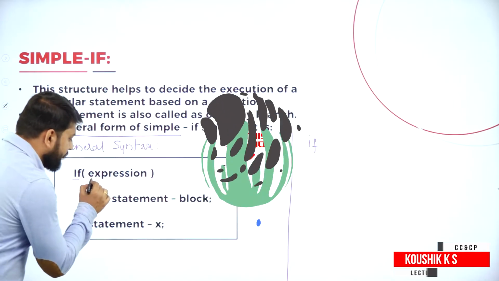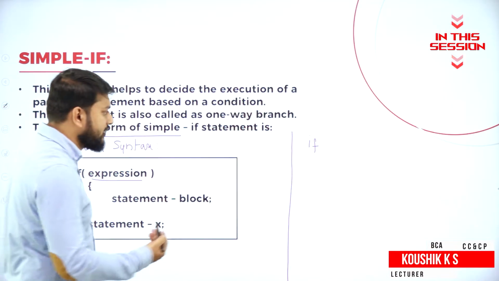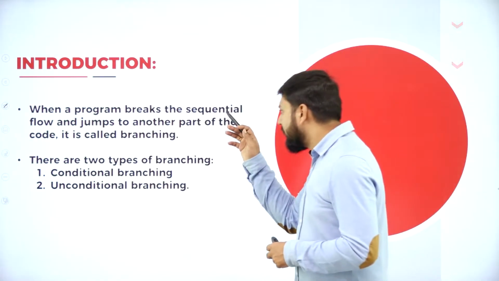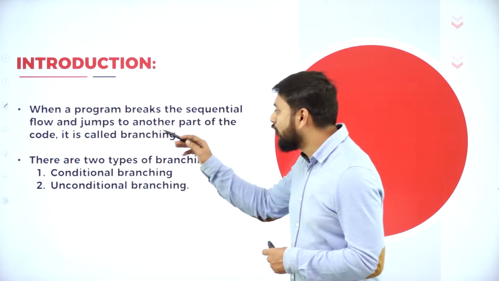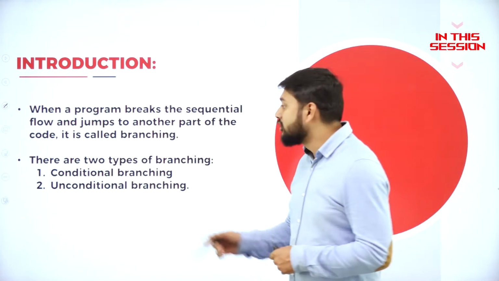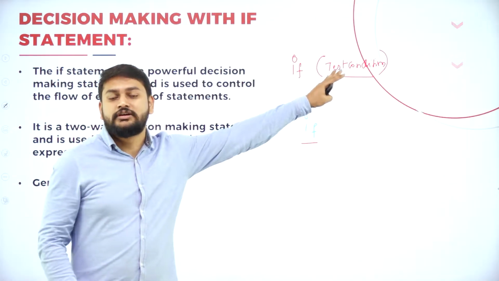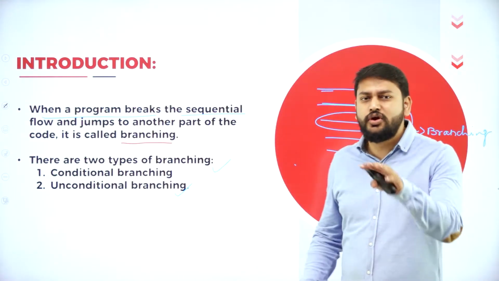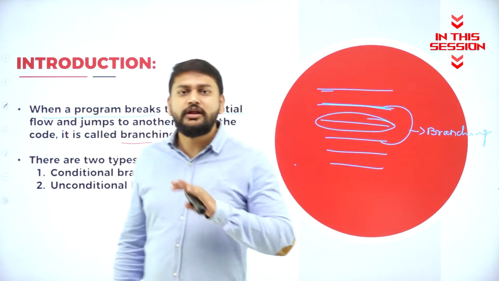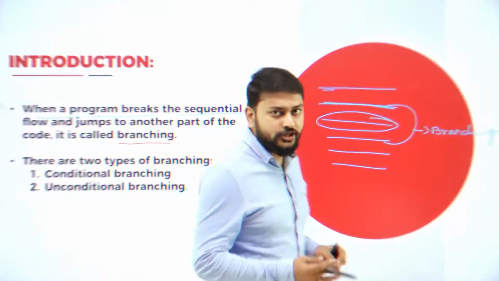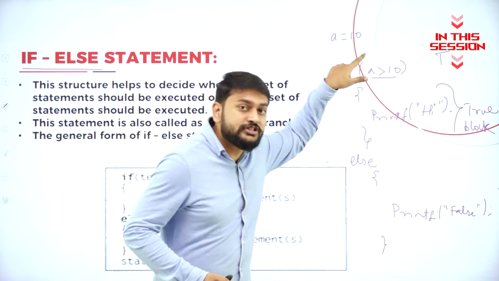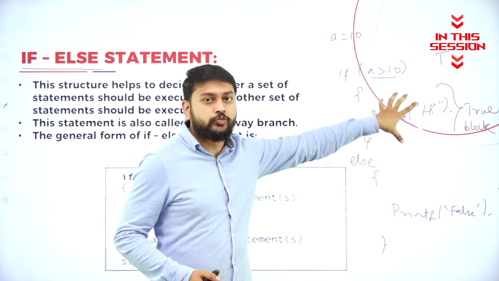So what is the next thing that I have? Expression. Expressions are nothing but the test conditions. Let me just give A is greater than. So when a program breaks the sequential flow and jumps to another part of the code is what I will call it as branching. Okay, I will give the test condition. Here, what exactly is test condition all about? What is unconditional branching? So you are not checking any condition there. So directly based on something, so you are branching. So I have this condition. What is the condition? A is greater than 10. So if this condition is true, I will execute this block. Suppose